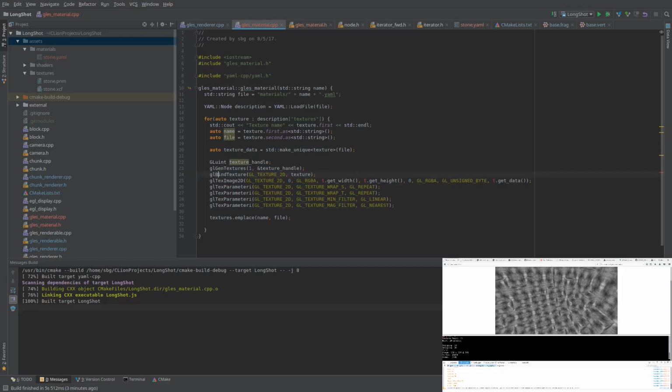So we're going to bind this texture to texture 2D. That is the texture handle here. Then we are going to get width and height from our texture data. So texture data get width and get height. And the actual data here, we are going to load that in, set up our texture parameters, and then we are going to have another texture handles here, which are going to keep track of our